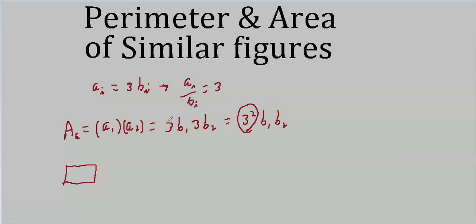I used a rectangle to demonstrate this because if you ever forget, lay this out and you'll get this. And then remember, it's the same for every figure. If it works for a rectangle, then squaring the scale factor will give you the new area for a triangle, for an irregular dodecahedron, anything you can think of. If you have this scale factor for the 2 figures, then you have this scale factor for the 2 areas. There's no way around it.